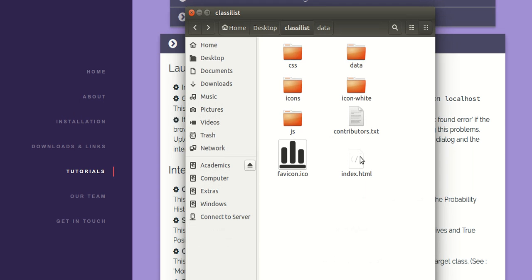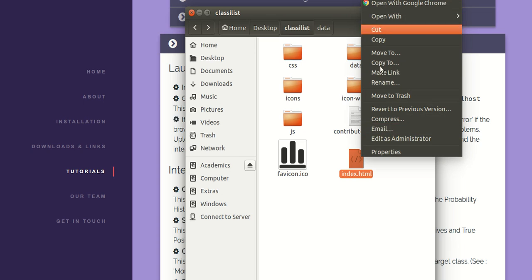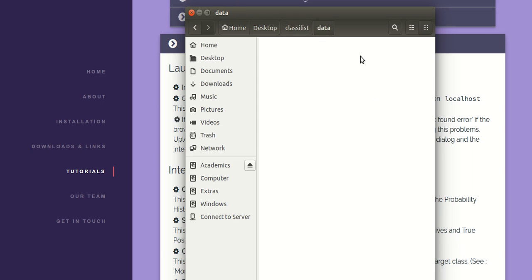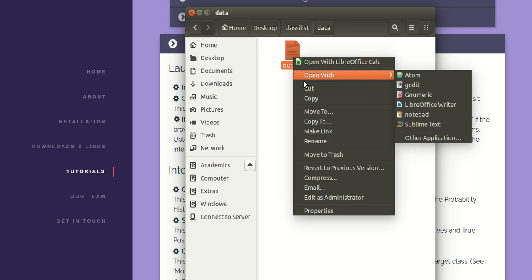For running the class list interface, we can open it with a browser or host, or open it on a local host. As we know, one requirement for this class list interface is to get the data from the data directory, from the file out.csv. So in this video, we're going to see what to do if data is not available or the browser doesn't allow the web app to access the data stored on its hard disk.